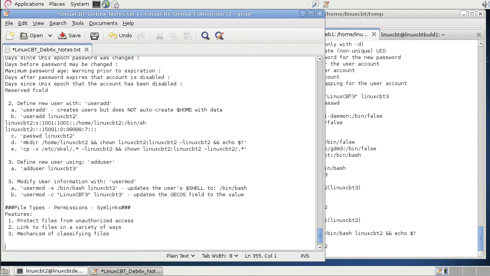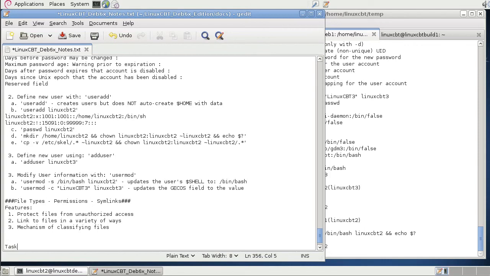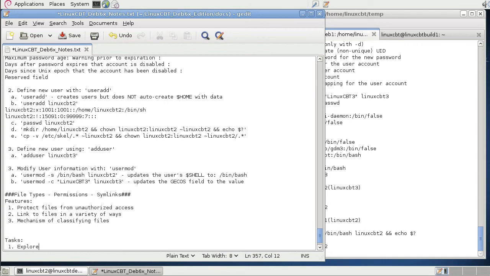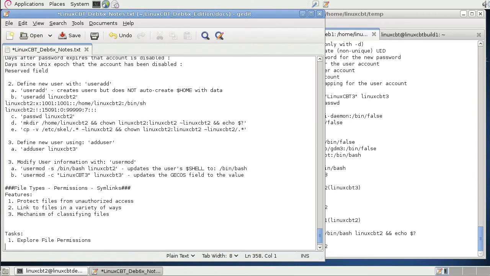So, first, let's explore file permissions. So our first task is to explore file permissions. How are file permissions handled within Linux? First, we should know that 10 bits are used to describe, and these are considered to be DAC or discretionary access controls,